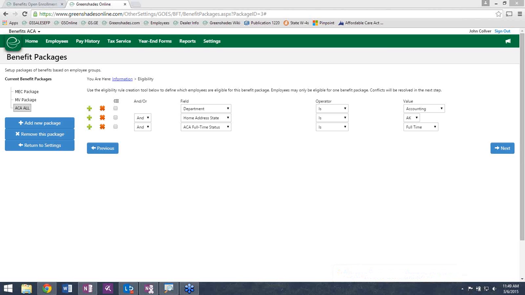So the 1094-C is the form that goes to the IRS. We're going to build that in the electronic format out of the 1099 module. The 1095-C is the form that goes to the employee. So to use our solution for electronic distribution of 1095-Cs, there's going to be a small cost per form. So there's not going to be another lump sum that you would need to pay us in order to have functionality to build the 1095-C, which again is the form that goes to the employee.